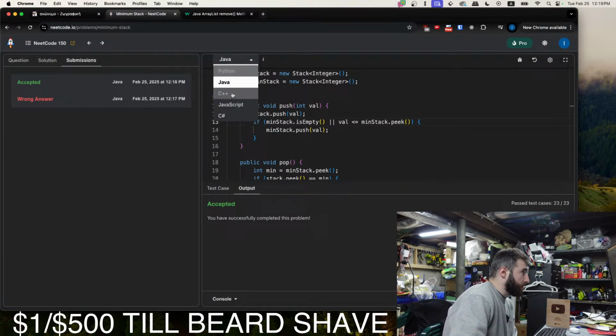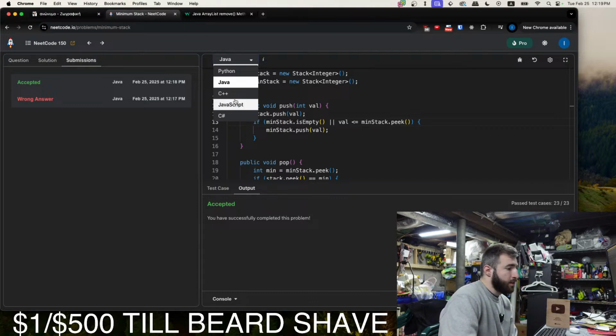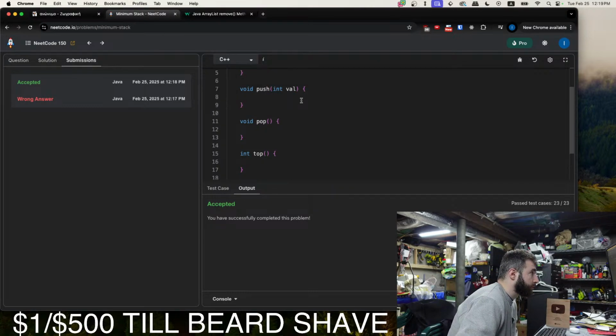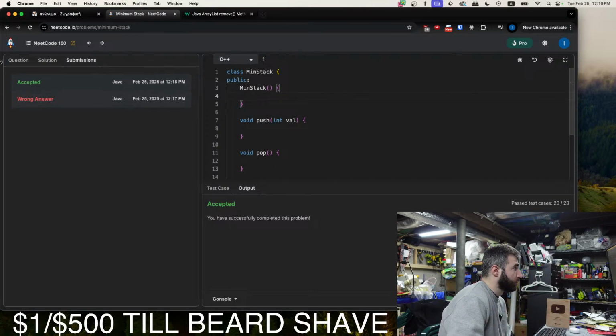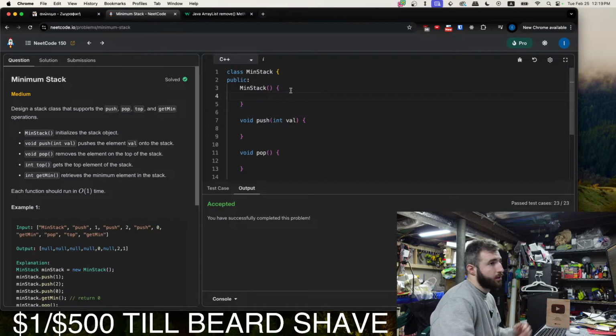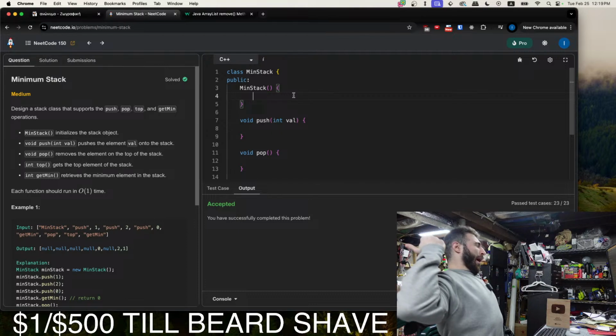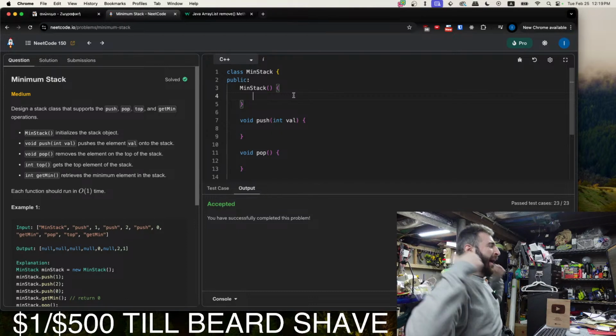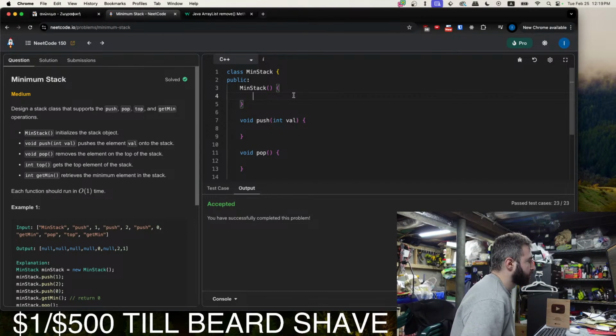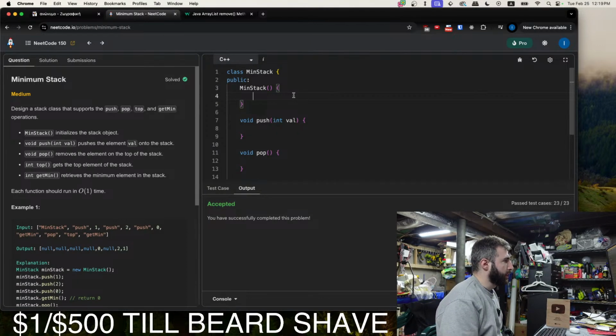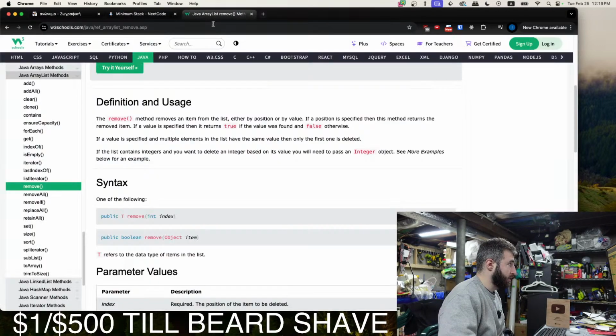Now let's do the same thing in C++. So, we need a stack in C++. Let's see.